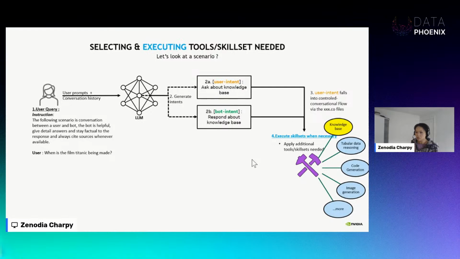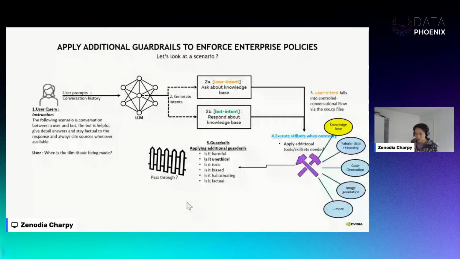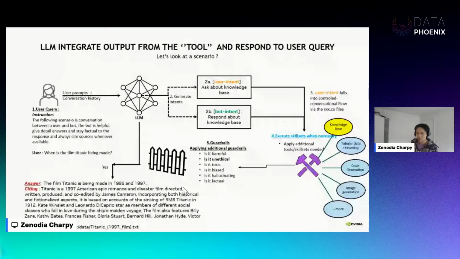You can, of course, install further guardrails just in case something is not captured in the subflow. In this particular case, no, it is not triggering any of the subsequent guardrails. So it answers your question, integrating the source, which is the local source, citing where I found this information, and gave you the correct answer from this knowledge base.